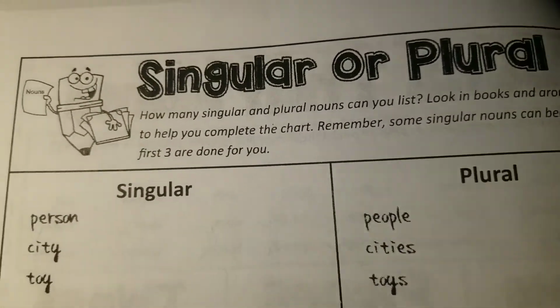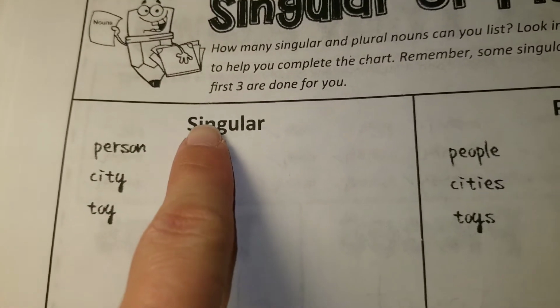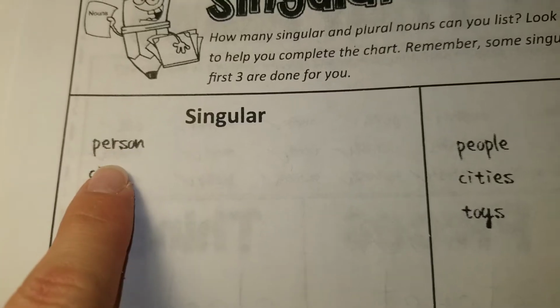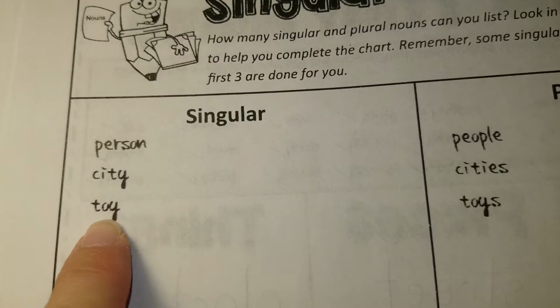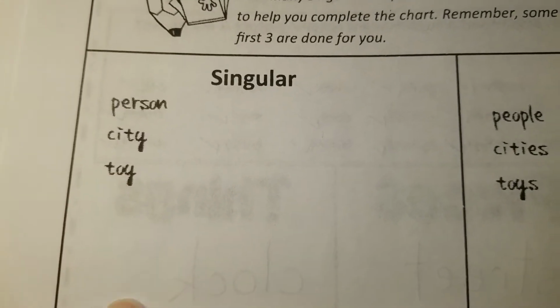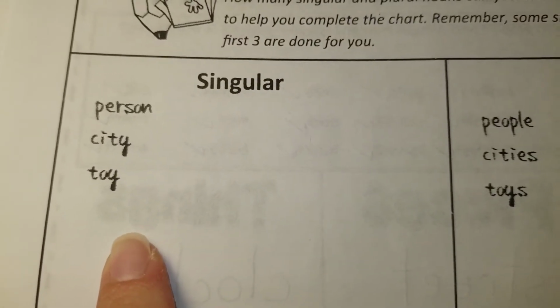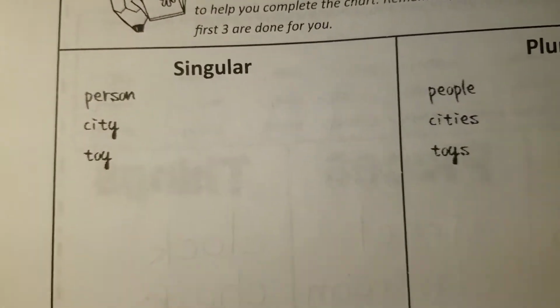Okay, so here we already have a few examples. For singular, when it's only one, they have person, only one. They have city, only one, and toy. And I want you to add 3 more. We're going to be adding 3 more singular nouns to this list, and then later we're moving to plural. So how about if we say